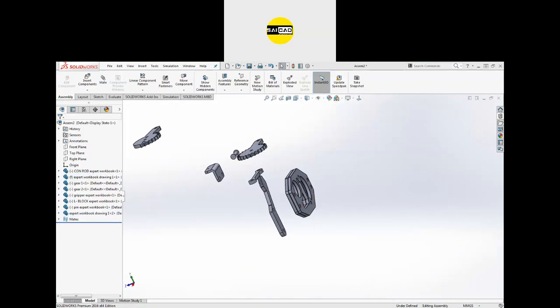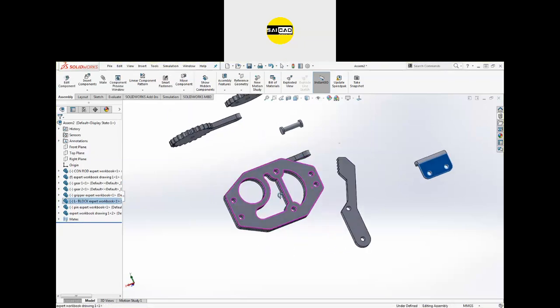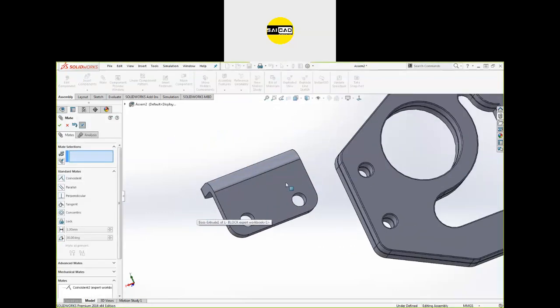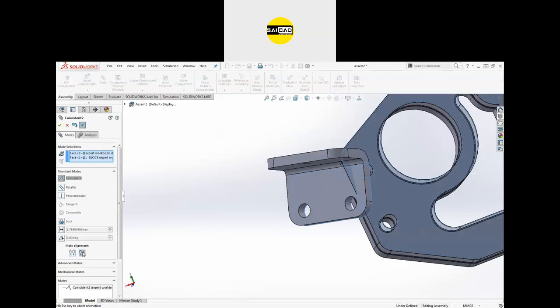So what we have to assemble, how we have to assemble, so you can see this component will be assembled somewhere here on the bigger side. So first of all, just select face to face, define the mate that should be constant like that, and I need that constant to be aligned in this way.